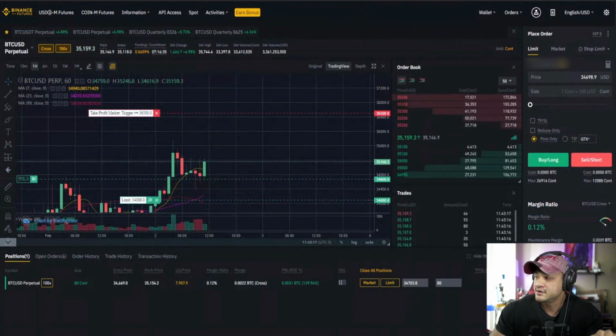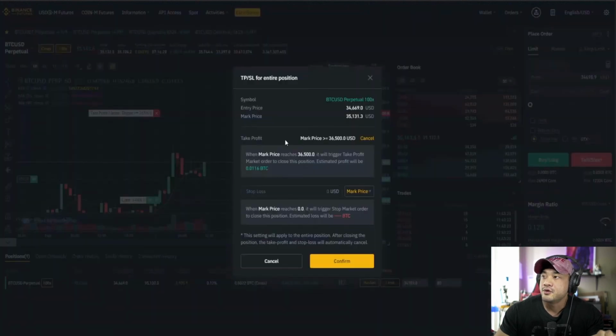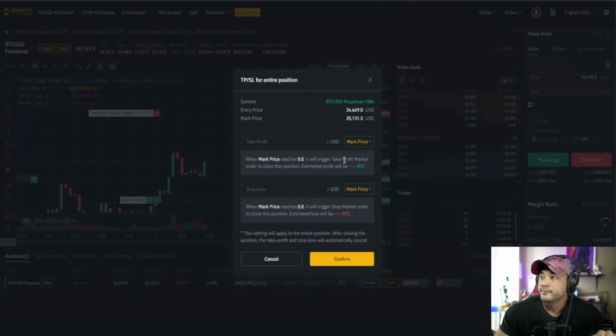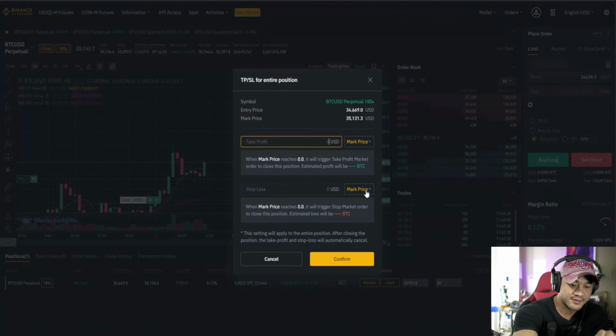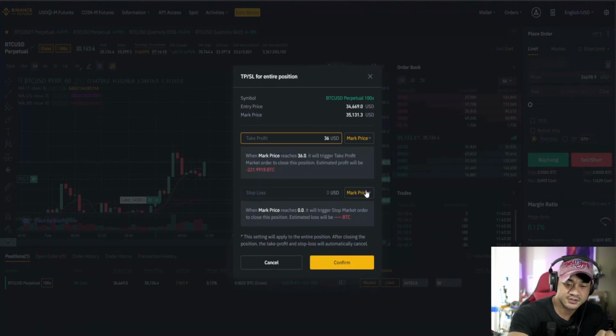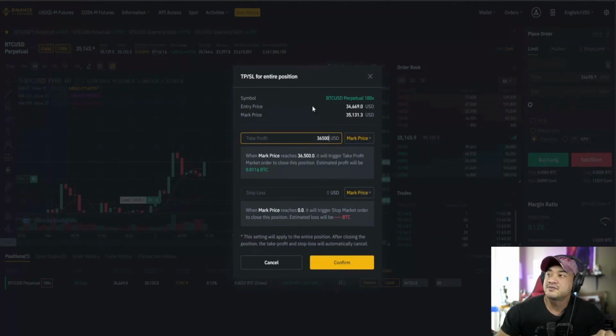And how you do that is you click over here, TPSL, take profit, stop loss. Once you click that, you get this window. It'll look like this. And what you'll see is you can set your stop loss and you can set your take profit. I've set my take profit, I think it was 36,500. Yeah, 36,500. And it'll give you a preview of what your profit would be in Bitcoin if it hits